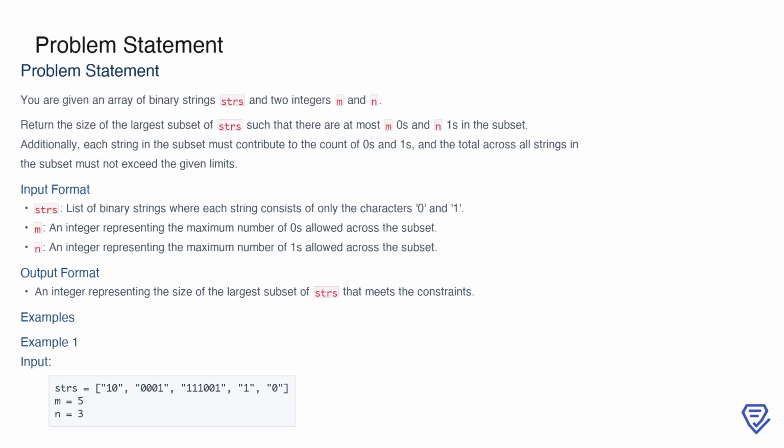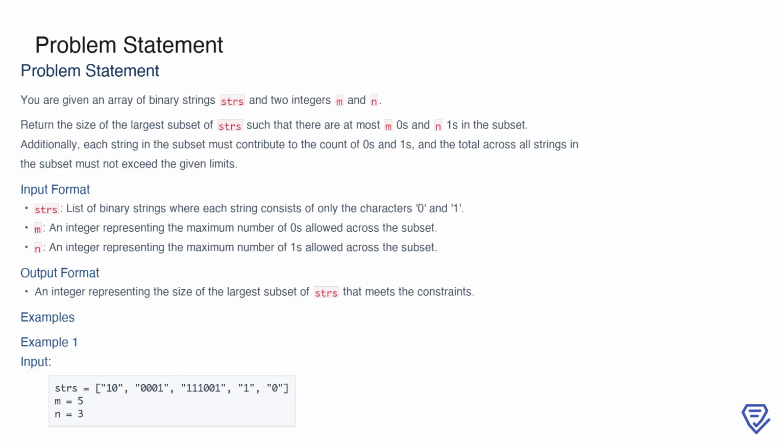In this problem, you are given an array of binary strings called strs and two integers, m and n. The goal is to find the largest subset of these binary strings such that the total number of zeros and ones in the subset does not exceed the given limits of m and n, respectively. Each string contributes to the count of zeros and ones, and the overall counts across the subset must stay within